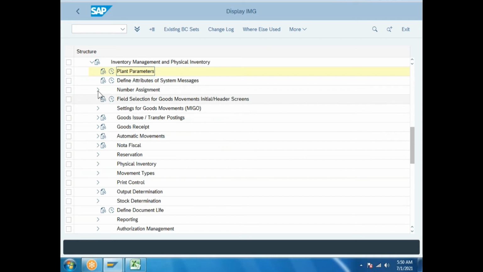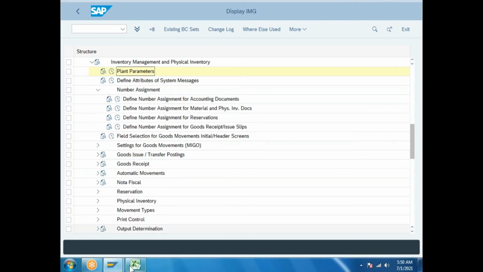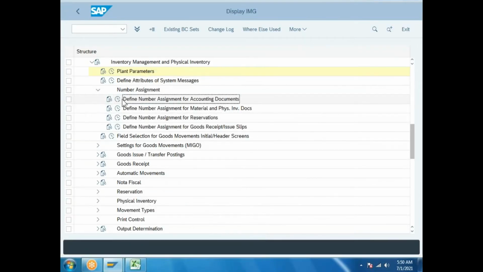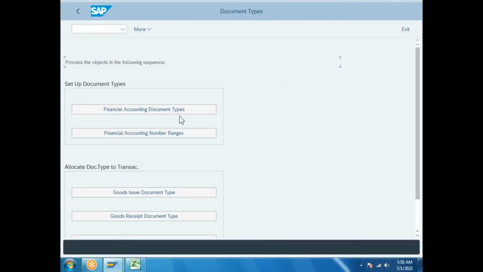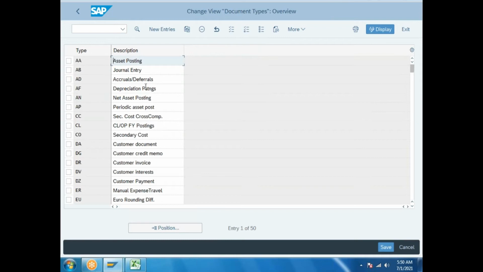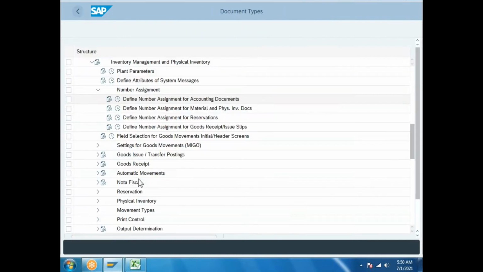Now see here, number assignment. The first point here is the accounting document. This one is maintained by FI; we are not maintaining it. Understand? Financial accounting document is maintained for FI. We are not touching this point.